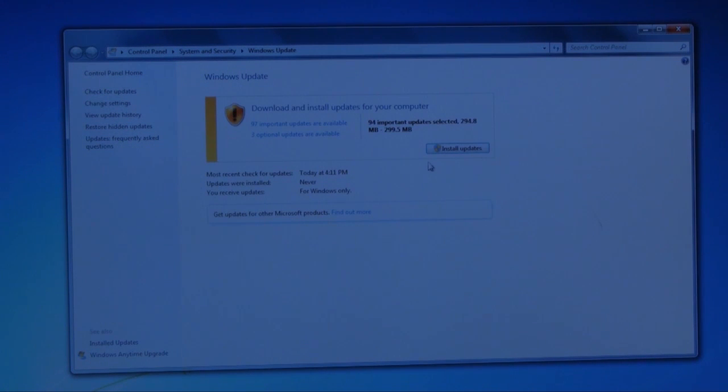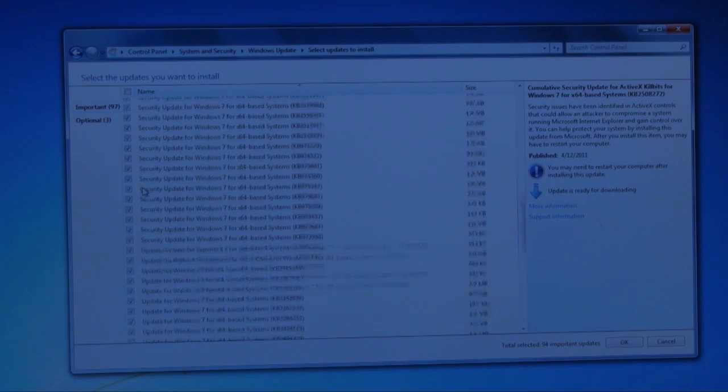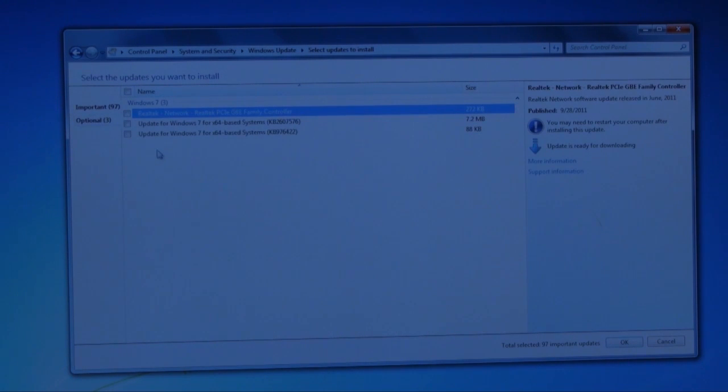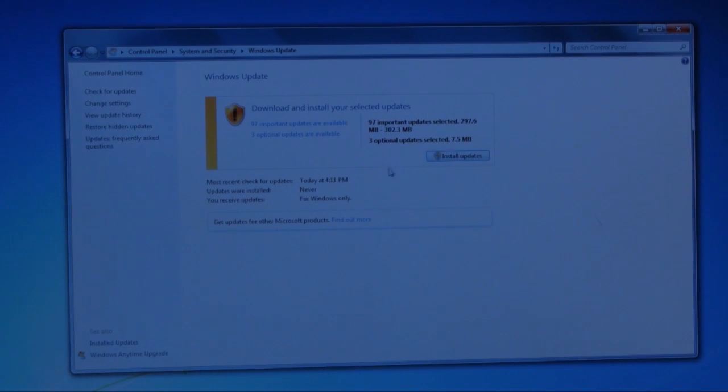Alright, so right off the bat it found 97 important updates, and so we're going to go ahead and click on the 97, and not all of them are checked usually, so what you want to make sure to do is click on the checkbox up on the top so it marks all of them, and then in the optional area what you can do is click on the check mark to mark all of them, and so that should be good. Total, this is about 100 updates, and this is going to take a ridiculously long time, but this